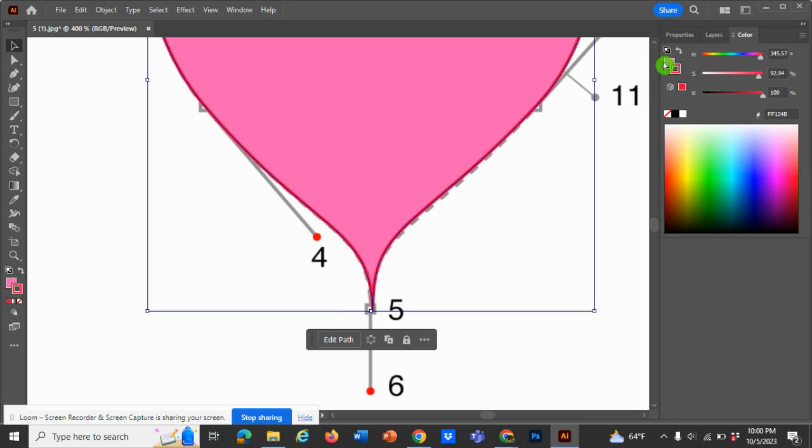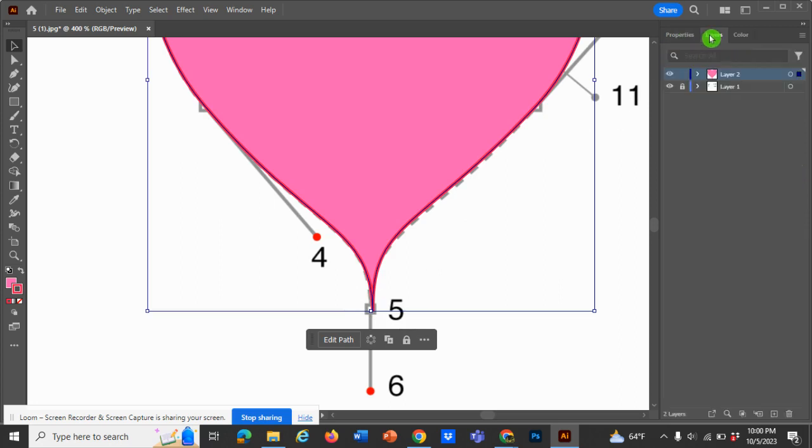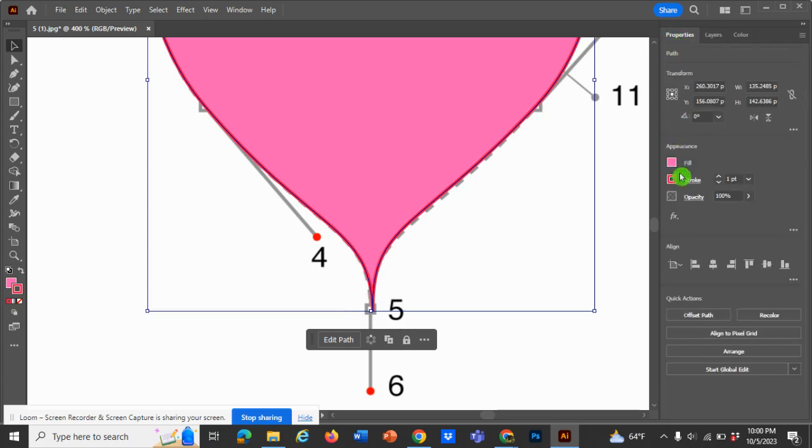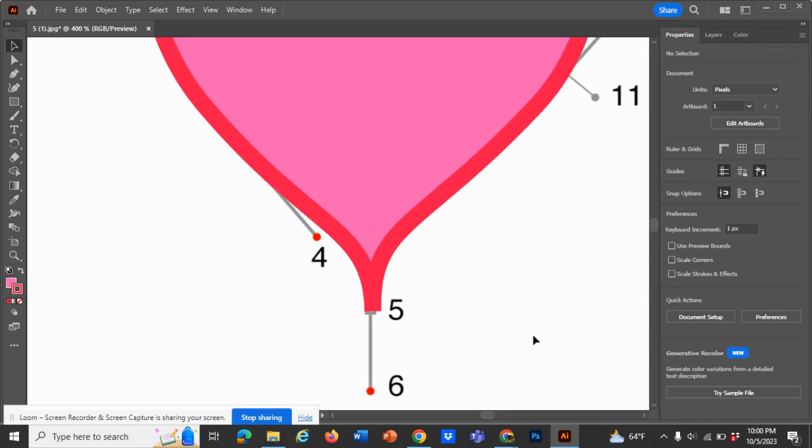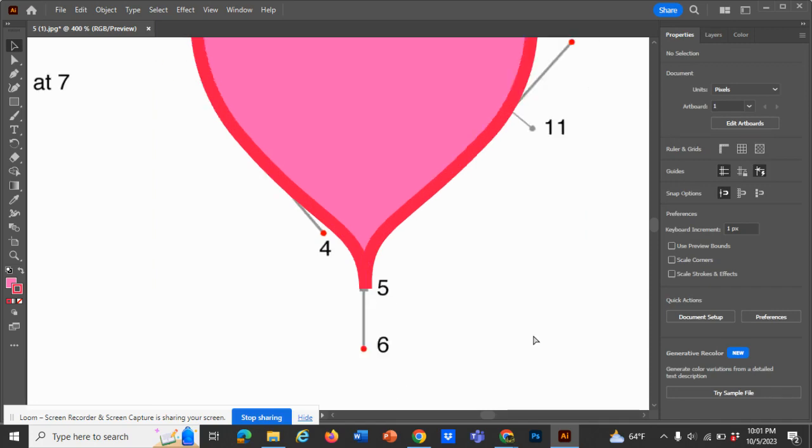I was hoping to get a sharper point, and I think there's ways to do that. I have to look into that, so that it doesn't come up just like a little blunt little edge right there, right? All things we got to learn. Okay, so I'm going to zoom out,